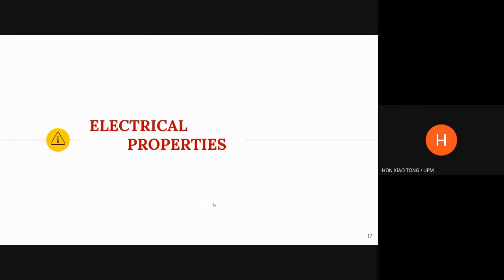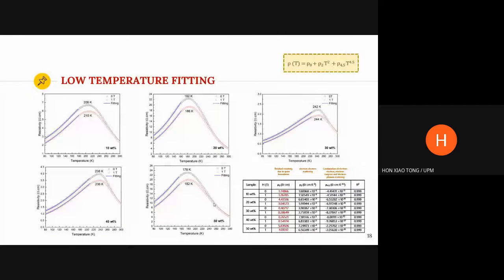And now let's go to the electrical property part. The resistivity values for pure NSMO, which is 20 and 50%, are around 22 and 24 ohm cm and slightly higher compared to other concentrations, where the values are from 2 to 7 ohm cm. In addition, we found that the TMI shifts to higher temperature as the PVP concentration increases, as the crystalline size of the NSMO increases when the PVP concentration increases.